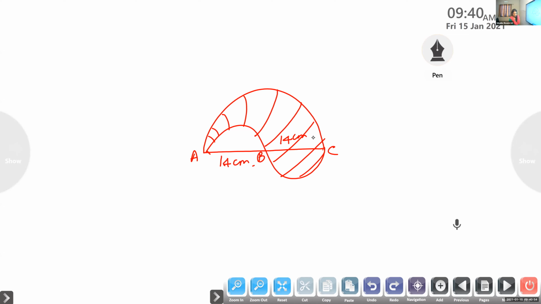What will be the answer? How to do this? What is the area of the shaded region? How will you find the area of the shaded region here? Look at here, it is a big semicircle, isn't it? From there, what do you have to do? You have to subtract the smaller circle. But here we can add this one, isn't it? So what will be the answer?